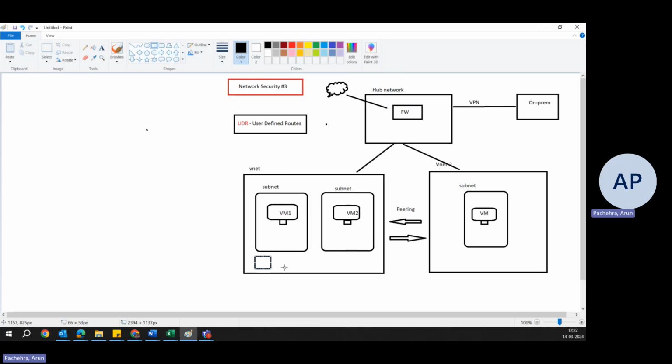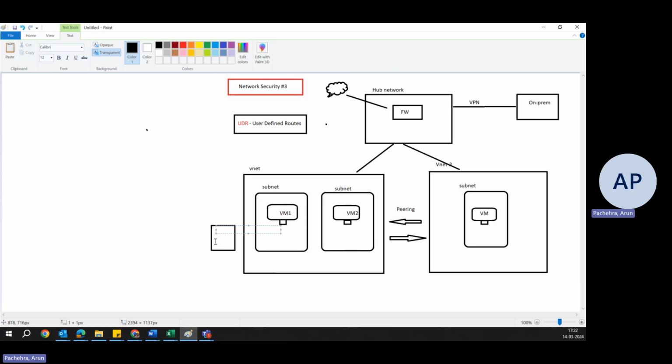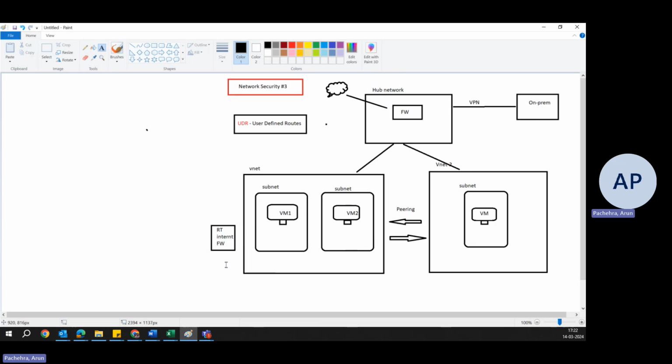We need to create a route table, or maybe we can create it outside. Because it's an outside resource, let's suppose this is our route table. Here we have added one route. If you want to go to the internet, for example, you need to go to the firewall. Okay, it's very high level, and what we do, we take this route table and associate it with the subnet,